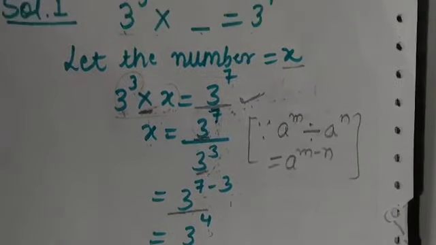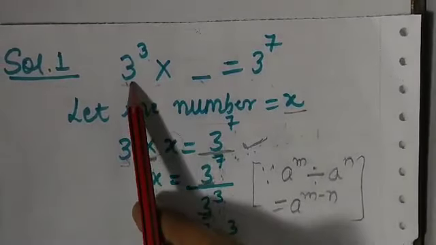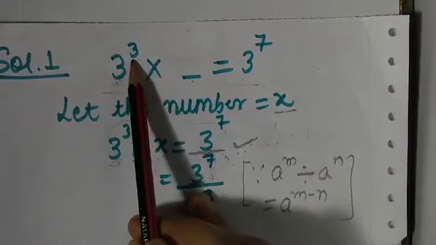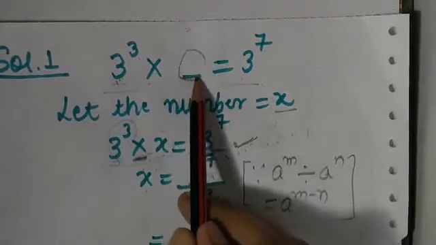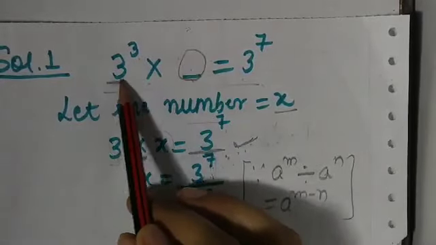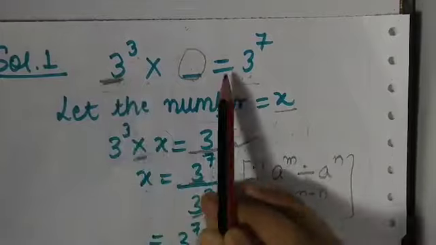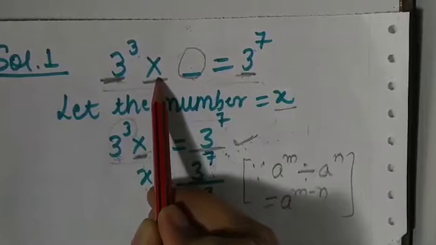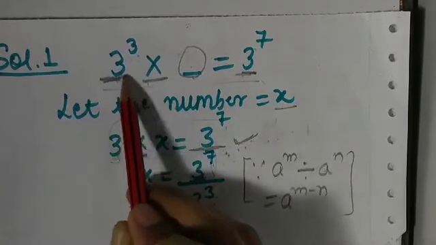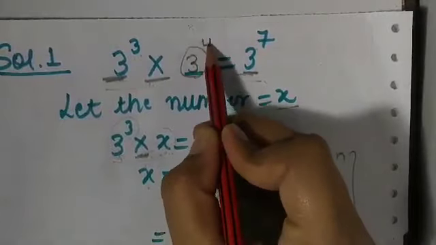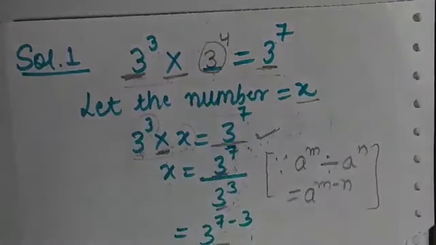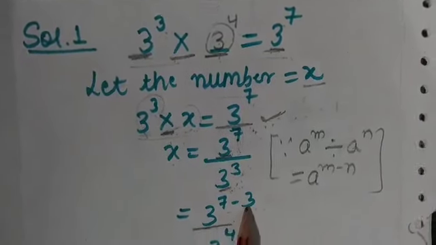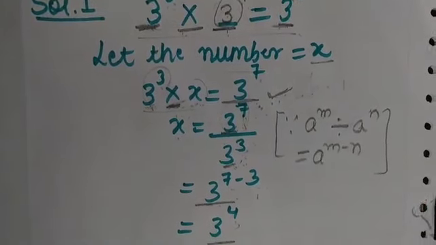Now one more thing, just think about this question. I have a number 3 raised to the power 3 and I have to find another number that should be multiplied with this to get this. Here the bases are the same and only the powers are different, with multiplication in between. So directly I can apply the law: if I put 3 raised to the power 4, the condition will be satisfied. So its answer will be 3 raised to the power 4, but you have to show how it came. So this is your question number 1.